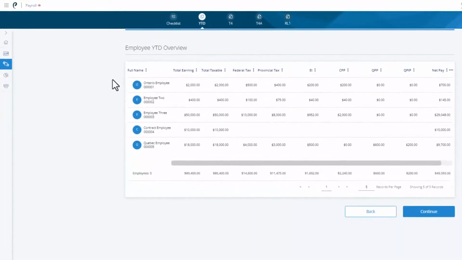On Select Plans, you'll have the ability to export the data to Excel if you want to send it to someone else to review, or if you want to review it offline. If you see that you need to make a change to an employee's record, you can either wait and make the changes right on the T4 in the next step, or go into the employee's profile and make the change there now. Once you're ready, proceed to the next step by clicking Continue.